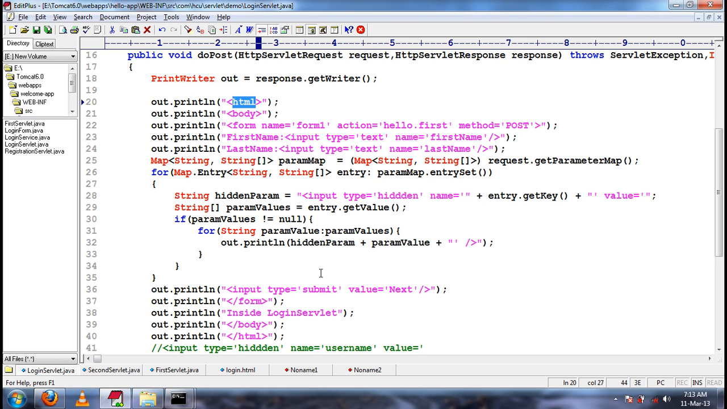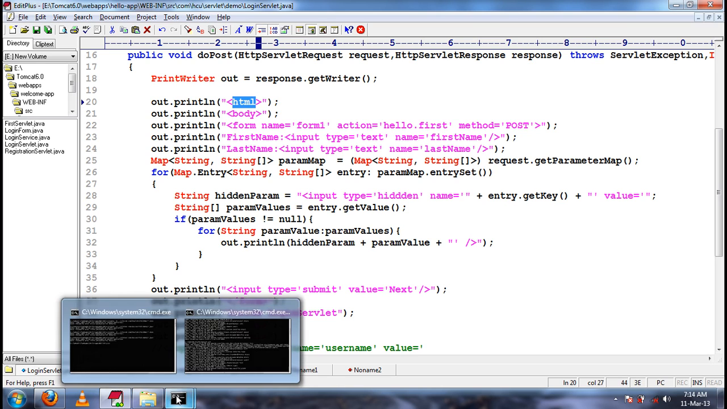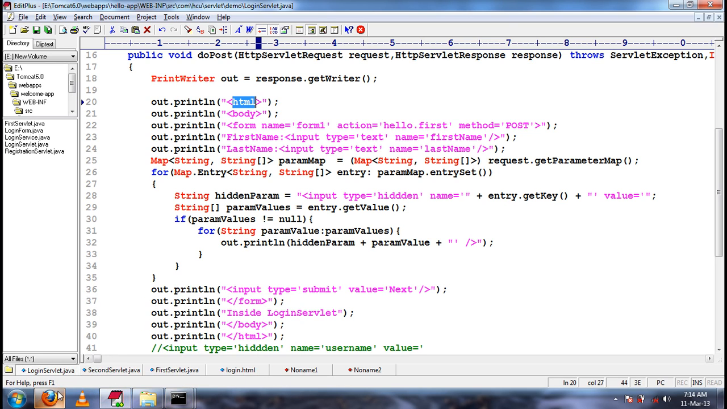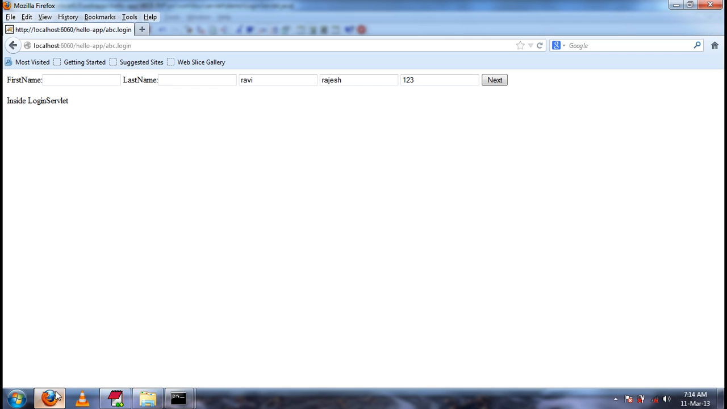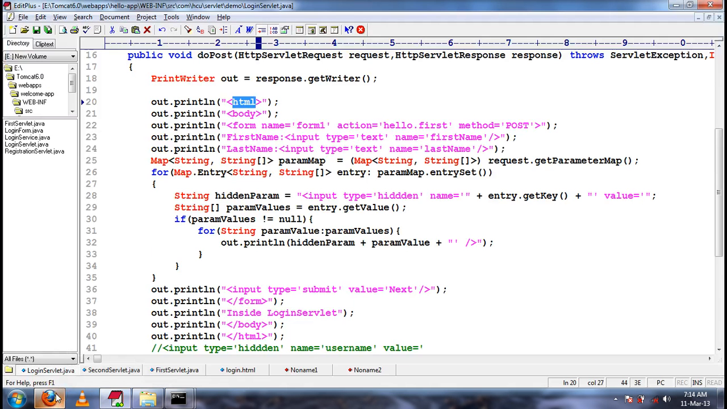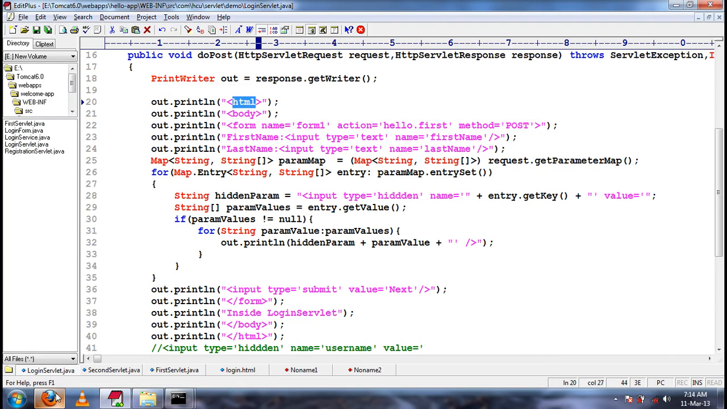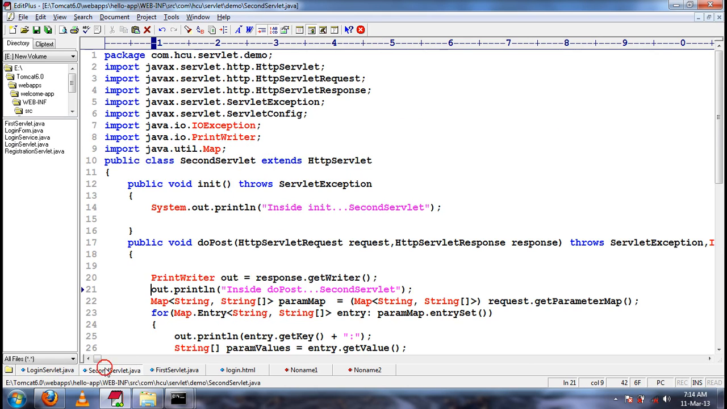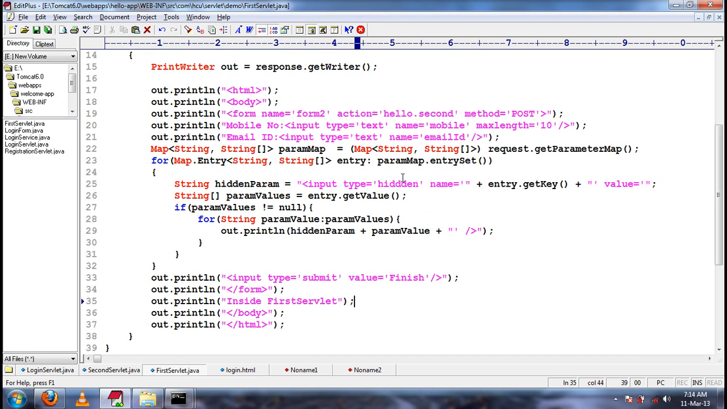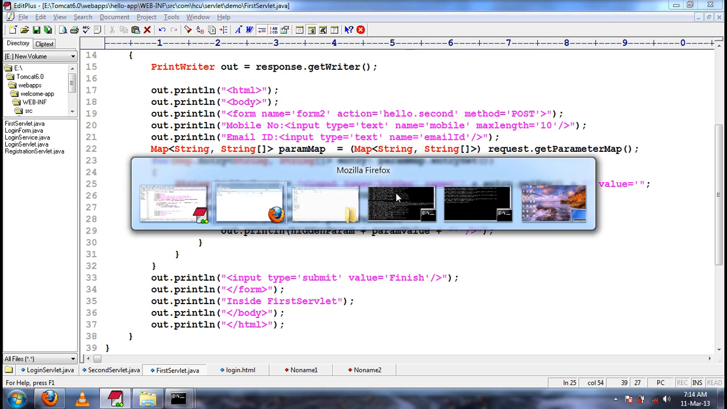In login servlet, I had the input type equal to hidden. But why those? Sorry, this is HIDDEN. The spelling is a mistake. It should be HIDDEN, but I have written it wrongly. Spelling is a mistake. So